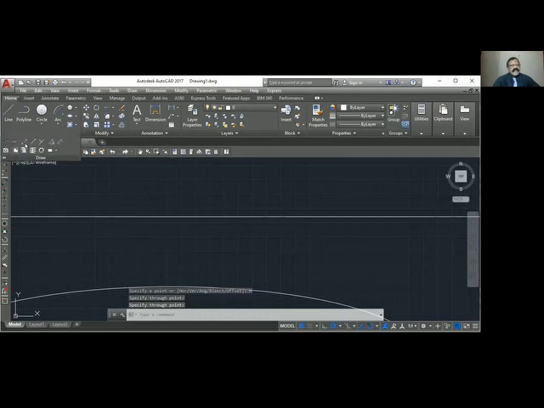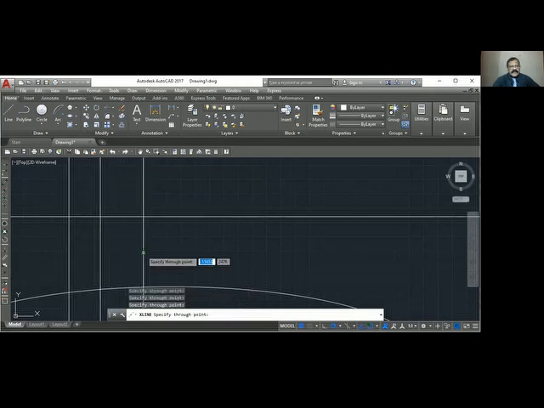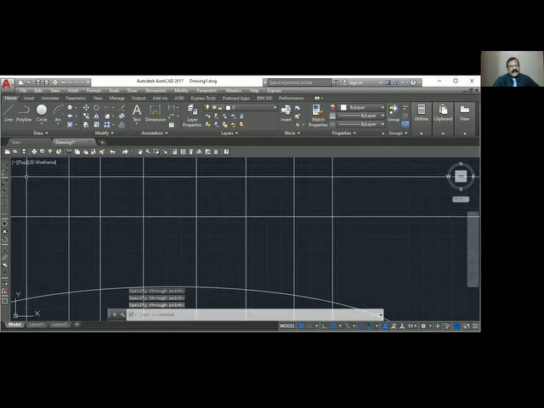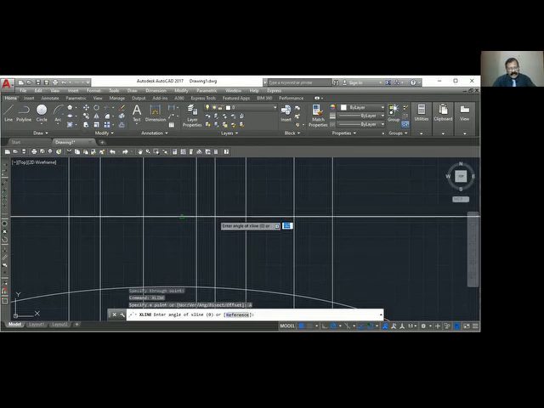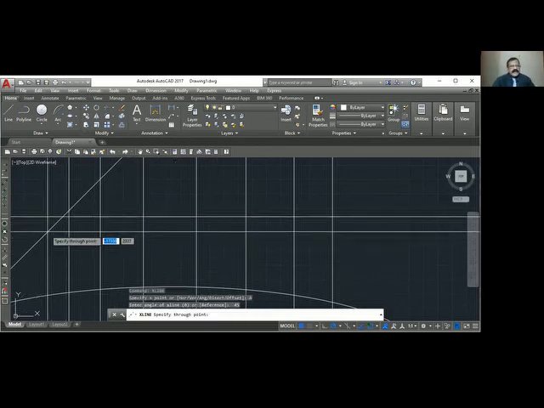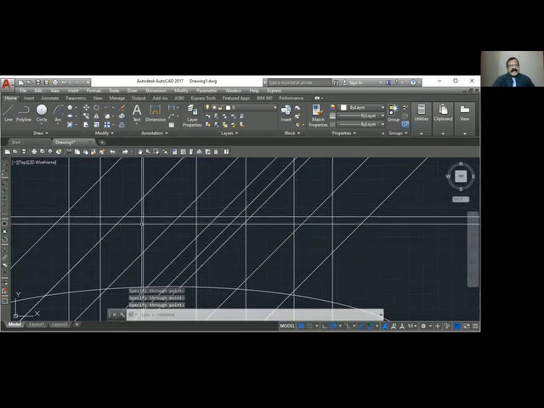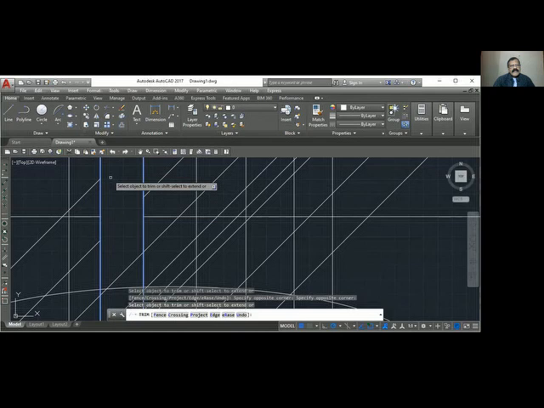Again XLINE, vertical. So you can draw vertical lines. This you can cut later using the trim command. Suppose you want an angular line, you select the angle and type 45 degrees. I want 45-degree angle lines. You can see 45 degrees you can draw, an infinite line. Later you can use the trim command, which we have not learned yet, to cut whatever I want. Suppose I select these two, I can cut this line. We will learn the trim command later.